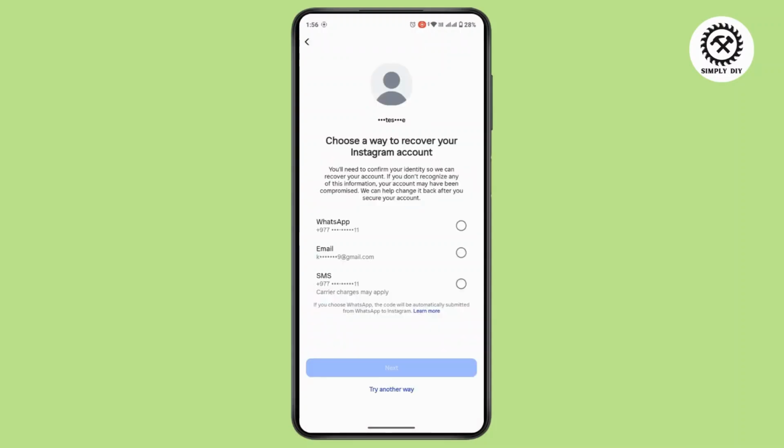Now you'll get some options to recover your account. If you have access to all of this, you could choose one from there. You'll get a verification code, and with that code you could recover your account. If not, you could directly submit a form or appeal to Instagram support, providing your name, email and username